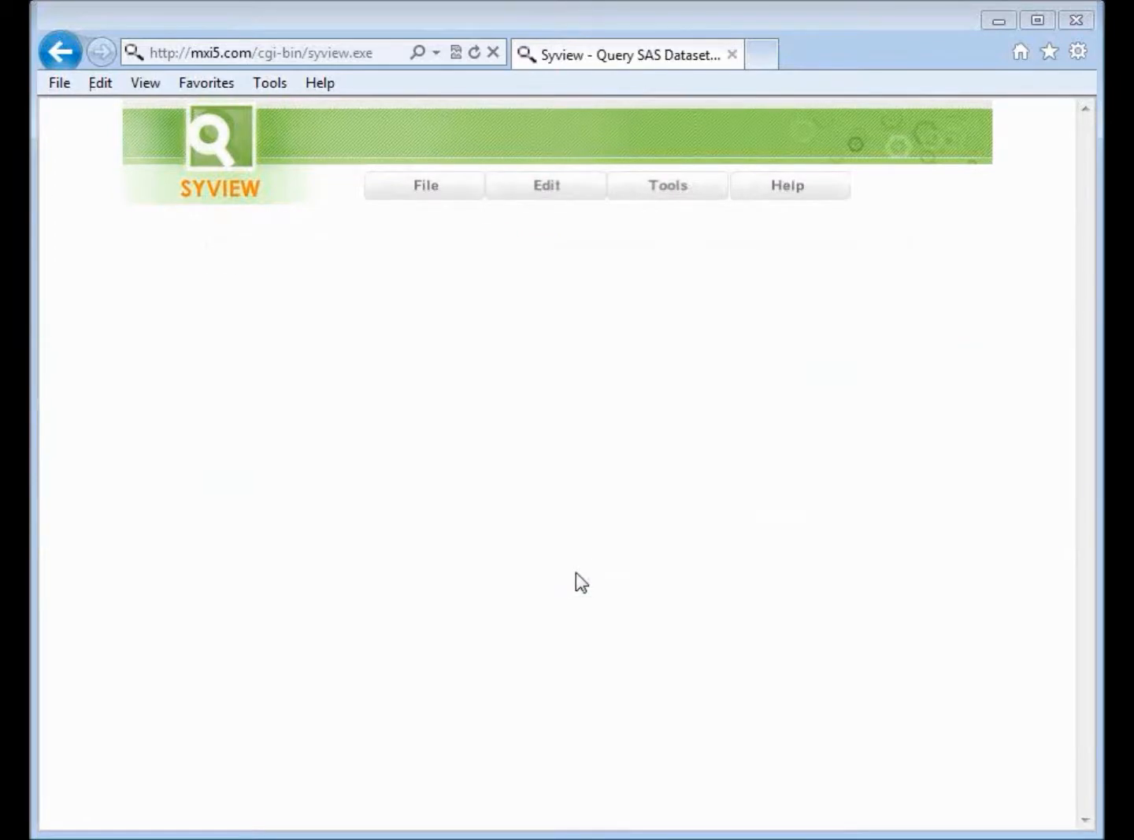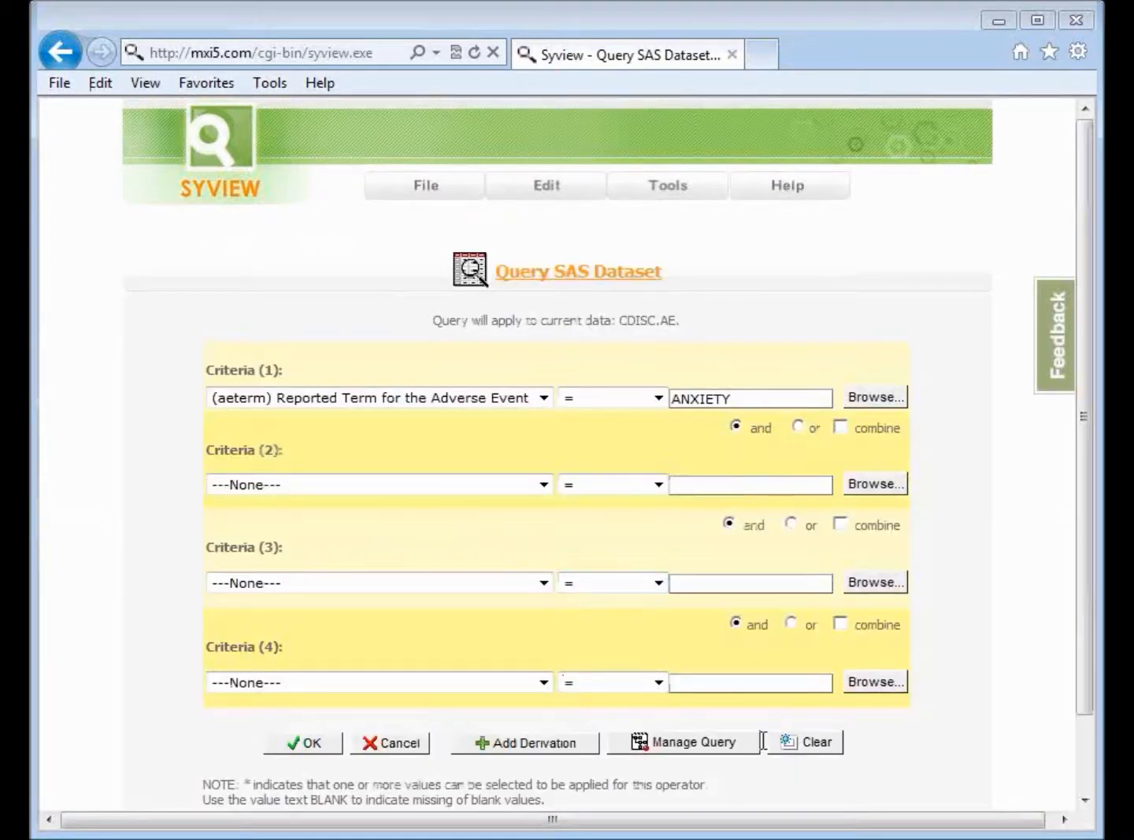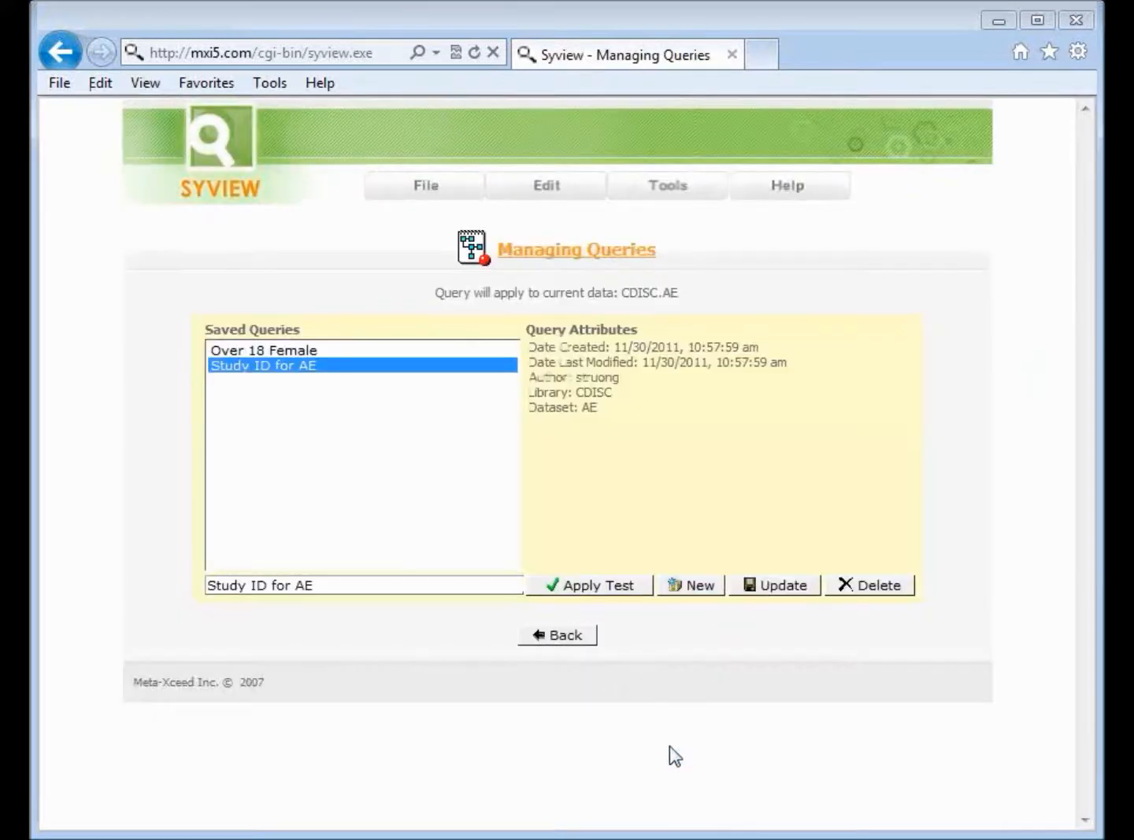Now, if I wanted to save that, I can go ahead and click on this Manage Query button down here, and it will allow me to give a name. These are previous saved queries that I've done. So let me go ahead and create a new name here. So let's say I'm going to call this new one the AE terms or something, and then click on the new button here. So what this will do is it's going to